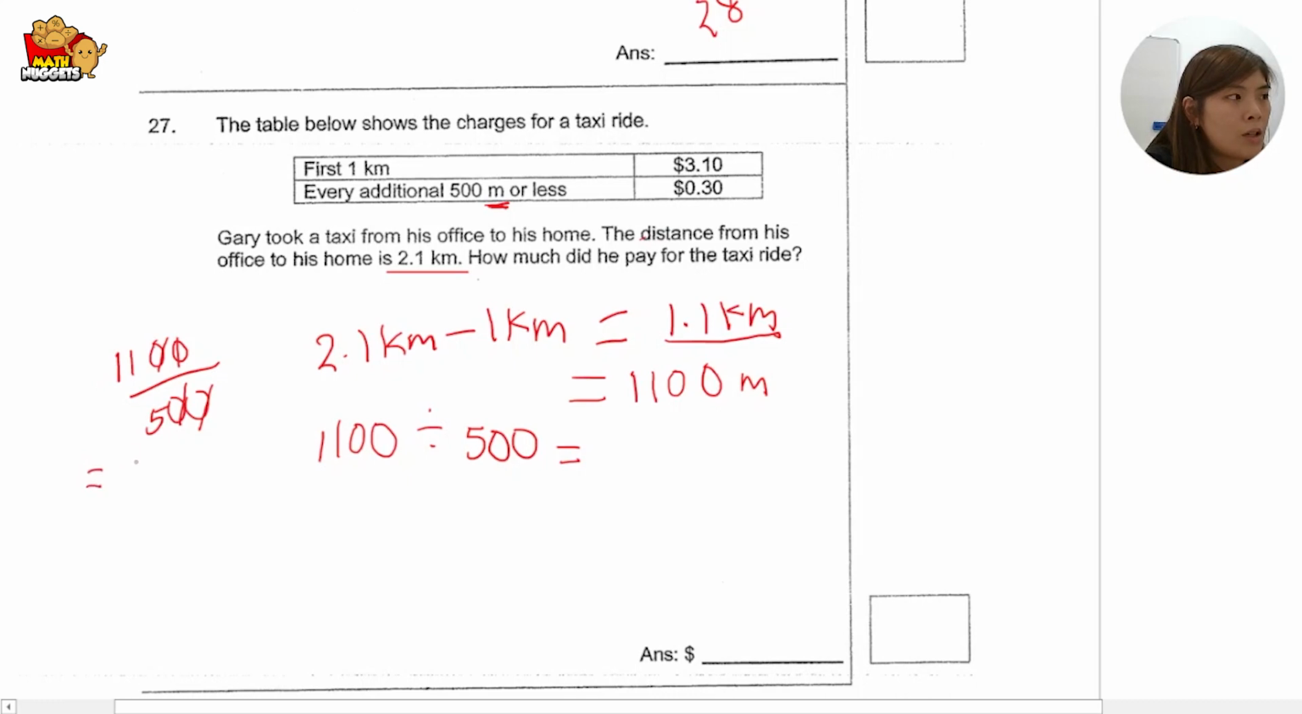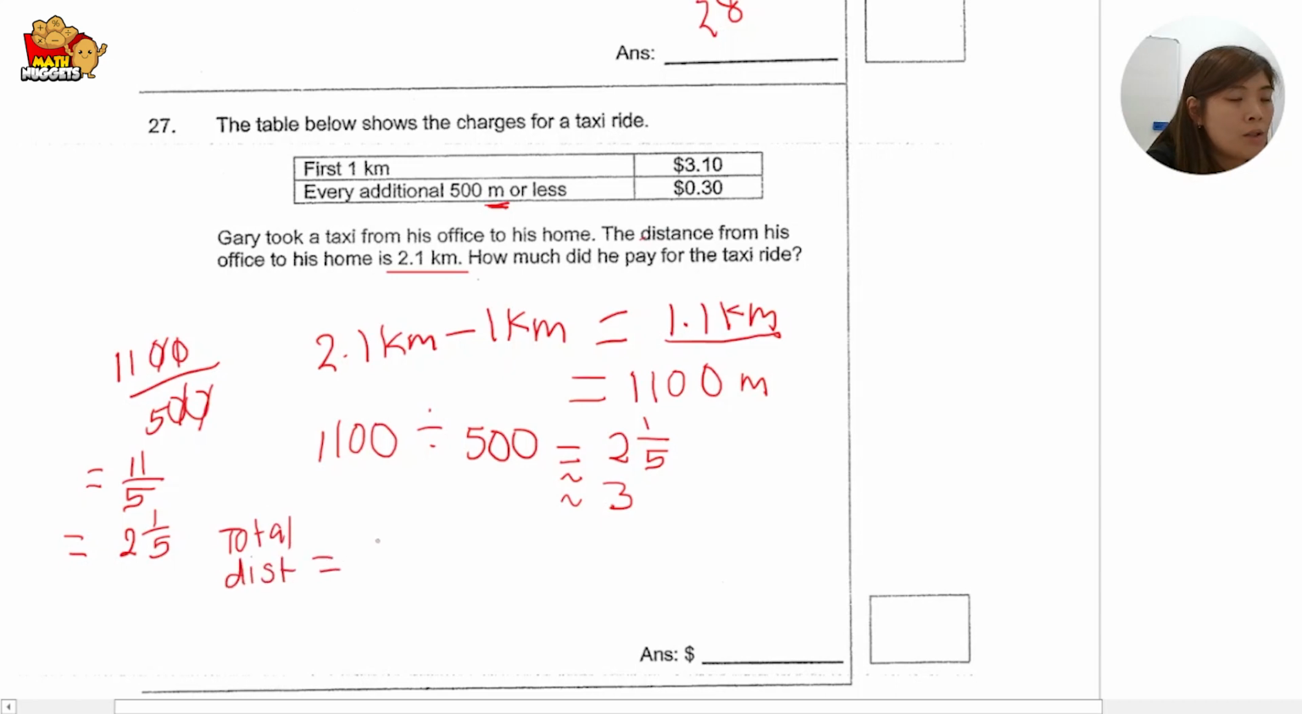Okay, 1100 over 500 is roughly about 2.2, okay? Every additional 500 meter or less, so we need to round this up to 3. Okay, so the total distance, okay, the total distance